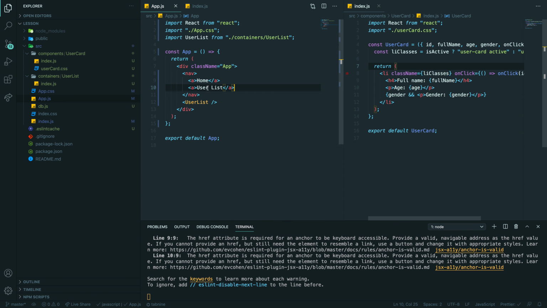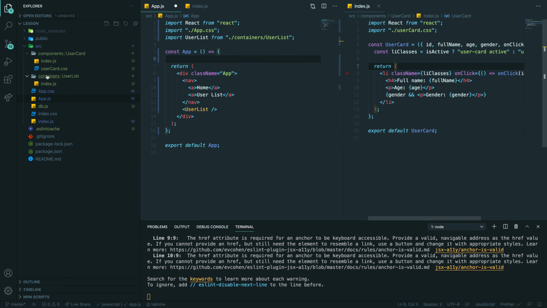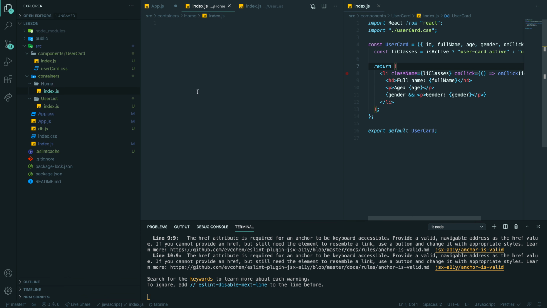So now we have two pages, right? We have home and we have user list. All I want to do is add state and swap between them. Let me create actually home, and I will create index JS.